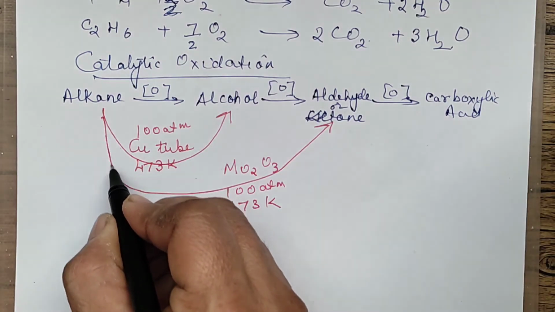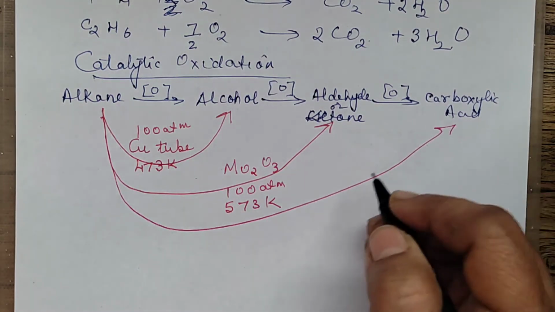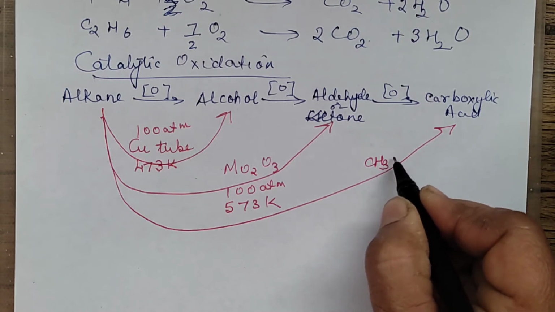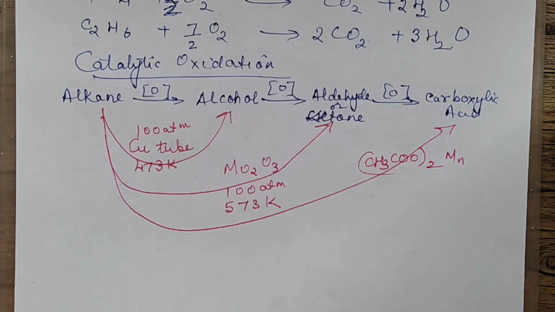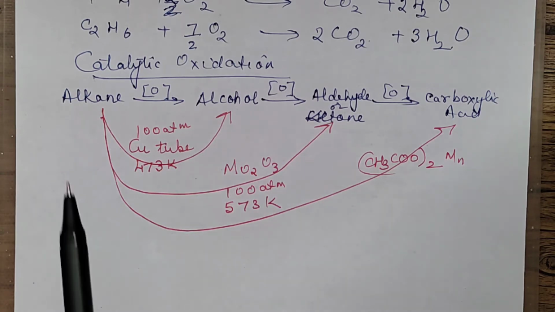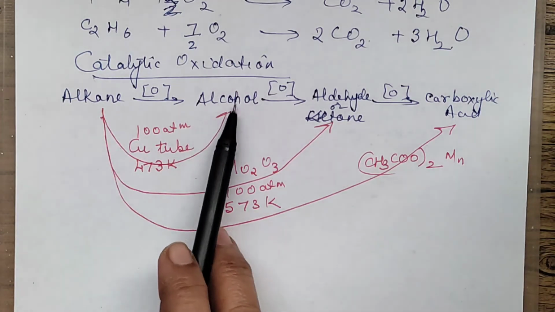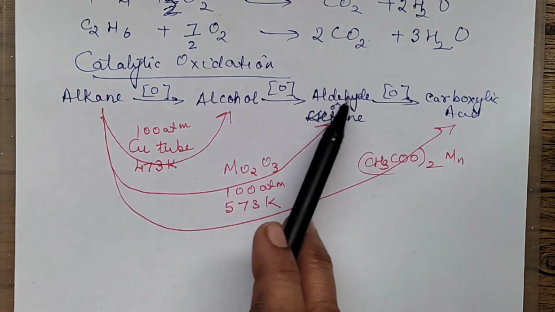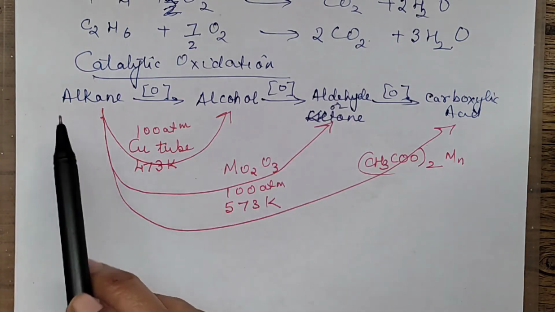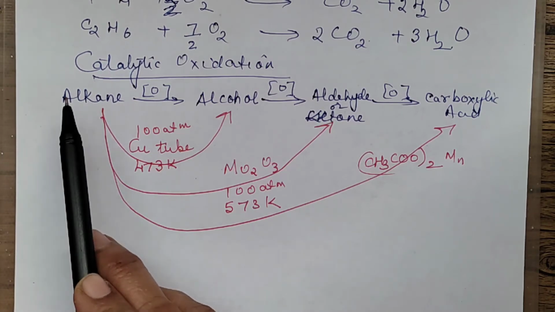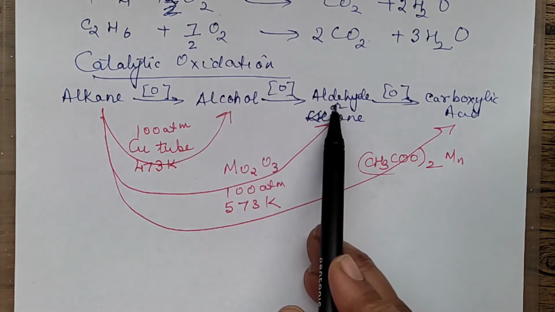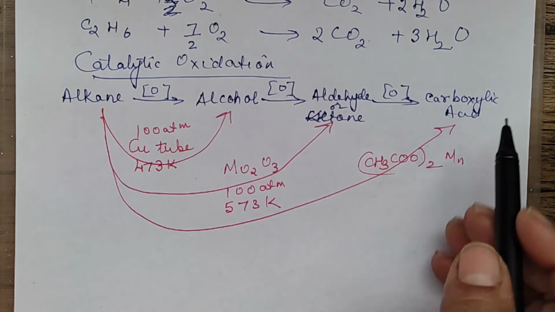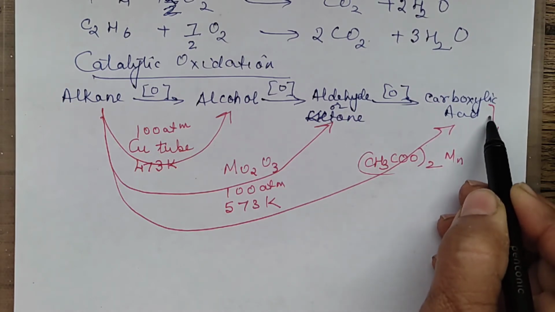If from alkane we want to prepare carboxylic acid, we will have to use manganese acetate. So keeping this in mind, we can write the equations easily. One more thing. In that sequence which I told you, alkane forming alcohol, alcohol to aldehyde or ketone to carboxylic acid. Suppose you start with one carbon alkane, that is methane. You will get methanol, you'll get formic acid, and that formic acid can further undergo oxidation